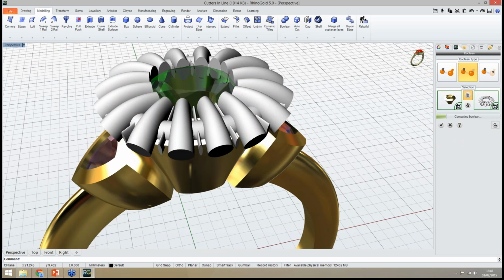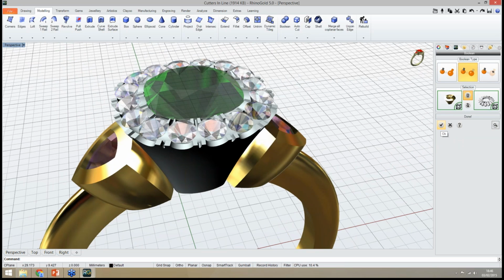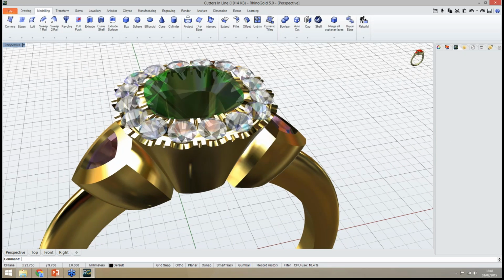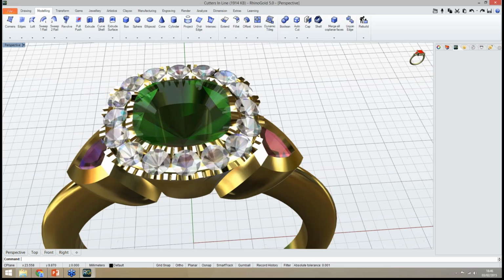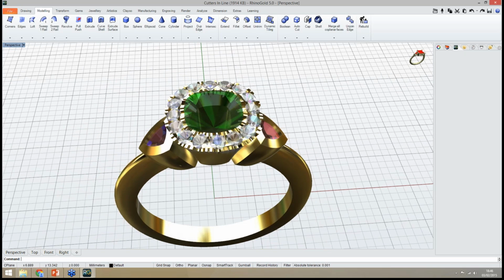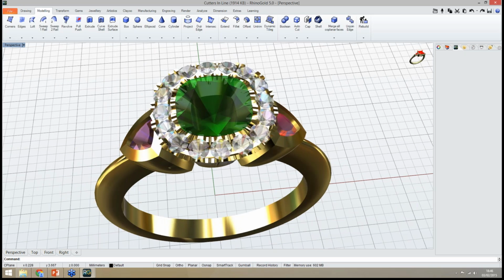Pedro, I think we are a little bit late. Oh, okay. Do you think you can show for us the best 3 tools that we have in RhinoGold? Okay, of course I can. It's difficult because we have lots of very powerful tools. I will try to focus on the 3 I believe will be more useful.